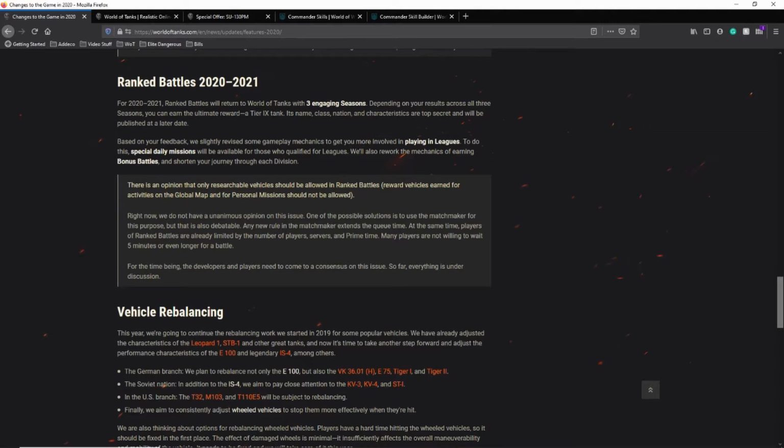So this is an option to leave only researchable and rank battle reward vehicles. Vehicles earned from activities in the global map and personal missions shouldn't be allowed. I kind of think that should go into stuff like special modes. Yes, it'll kind of increase sometimes, but you got a lot of new players going into some of the modes